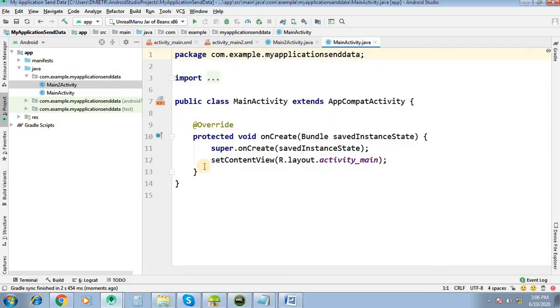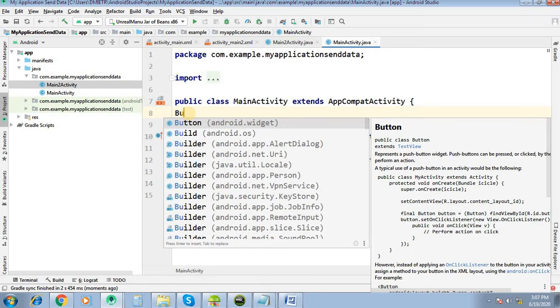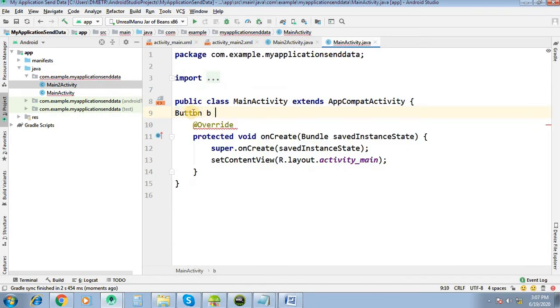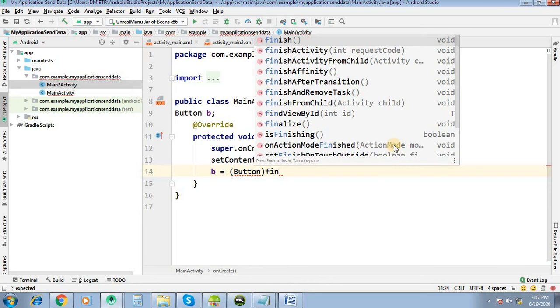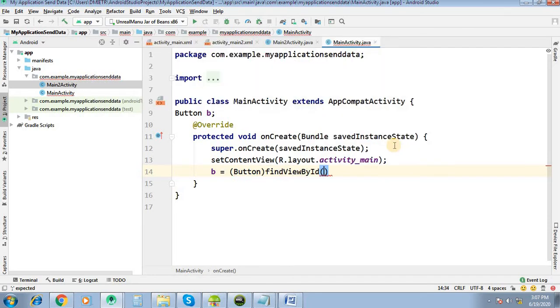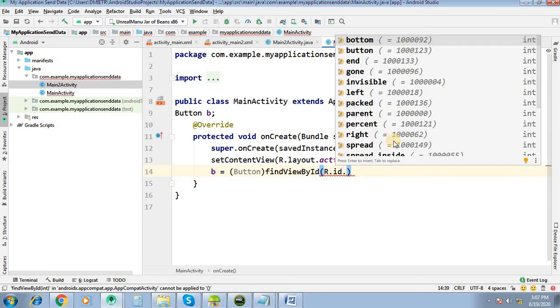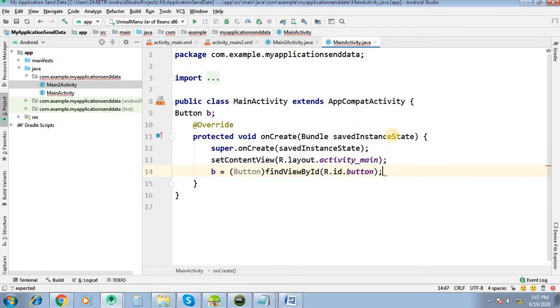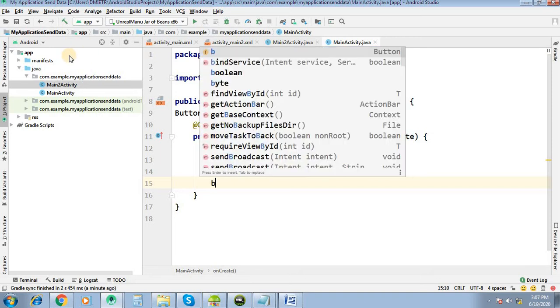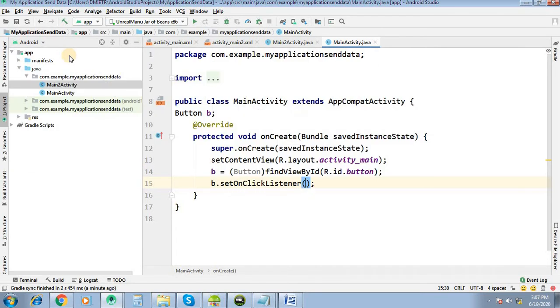In the main activity we have a button. I will create the object of the button, B, and map the button. Then set the on click listener, new on click listener.